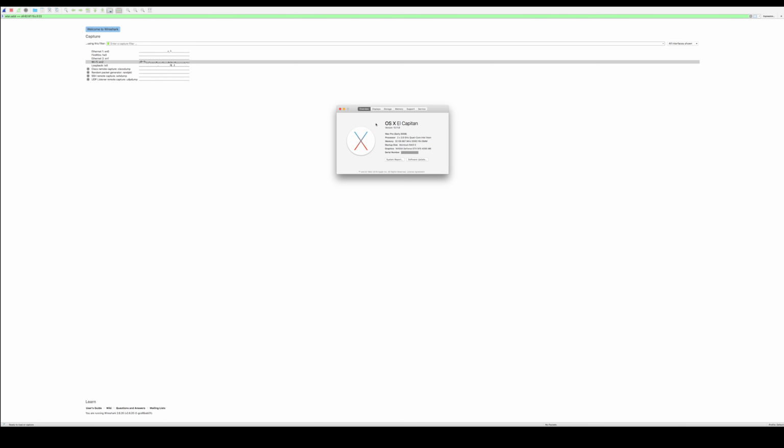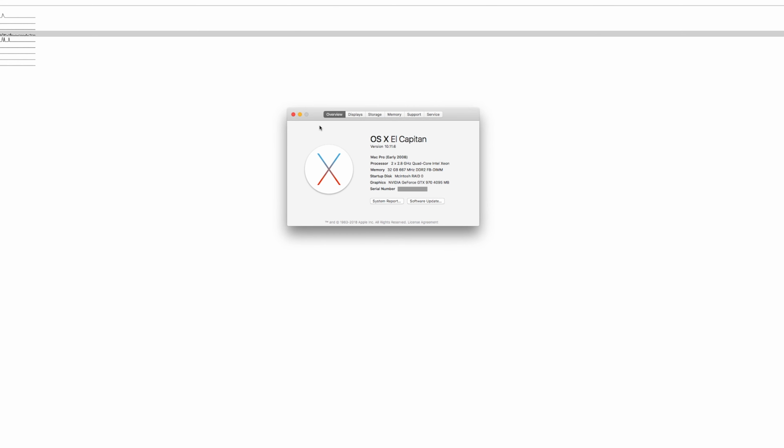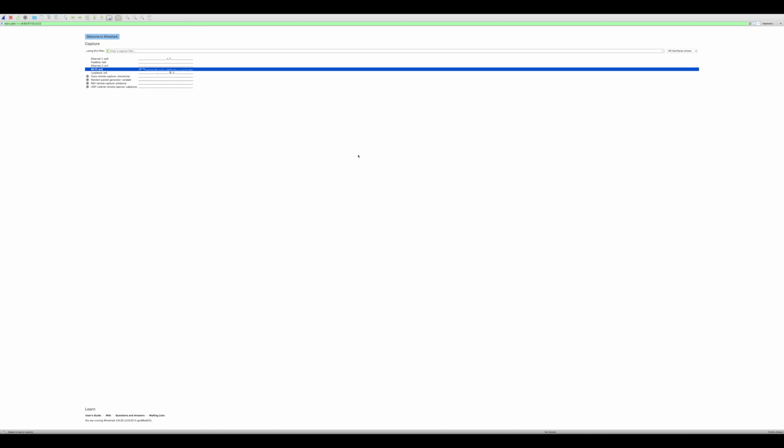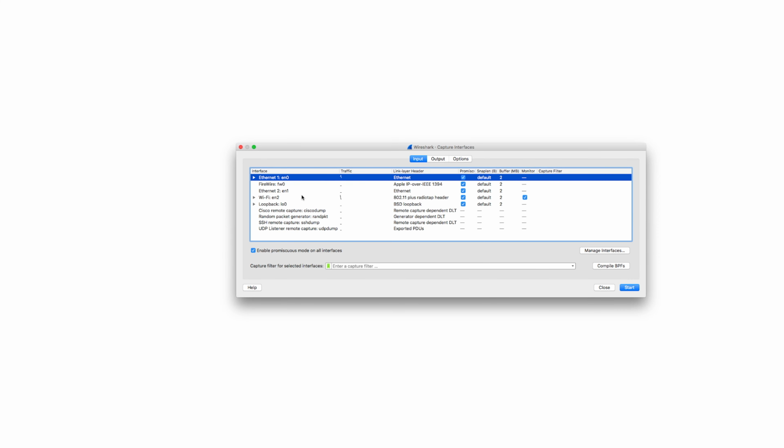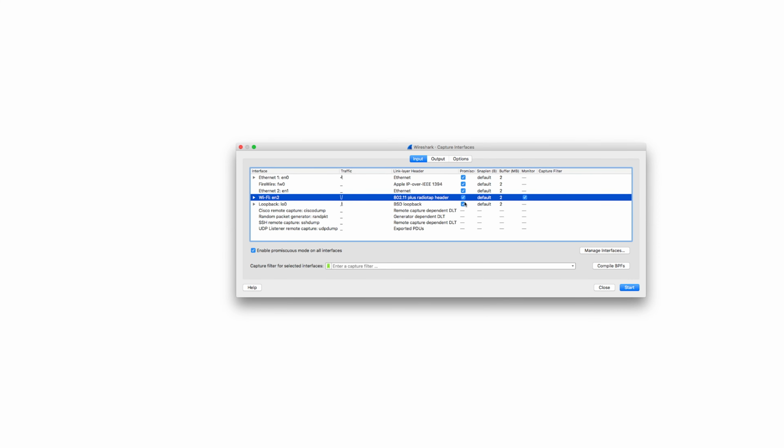As you can see, the Mac is a 2008 Mac Pro running macOS El Capitan. In Wireshark, choose the Wi-Fi adapter. You can see the promiscuous mode and monitor mode. They are both selected by default. So now I have already started capturing. I put a filter on the MAC address of my iPhone just to make sure we only see the packets we are interested in. Now I'm holding the iPhone, moving from